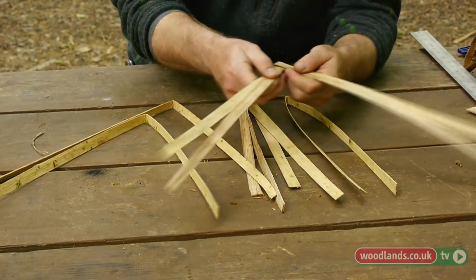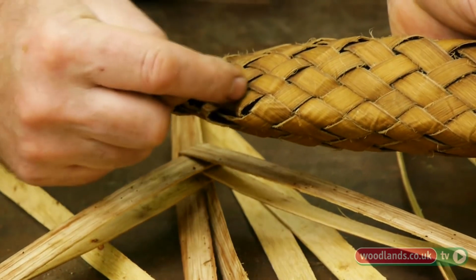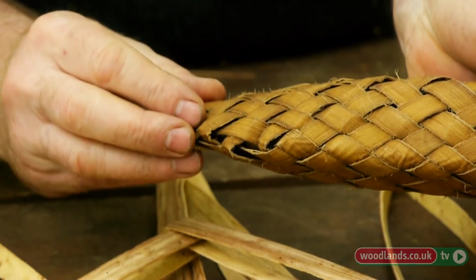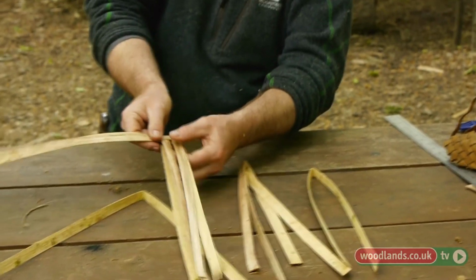Cross them over, so we have this little point, and then I'm going to keep adding bands in, if you like, and the more I add, the wider it will be. So I could have a little squat wide one, or I can make it narrower. And then I'm going under, over with these. So I'll put one in that side,